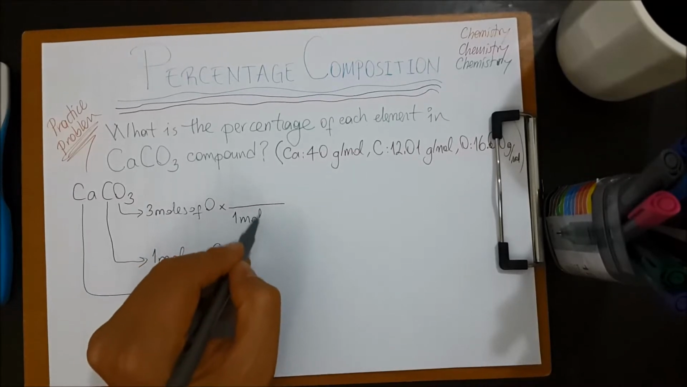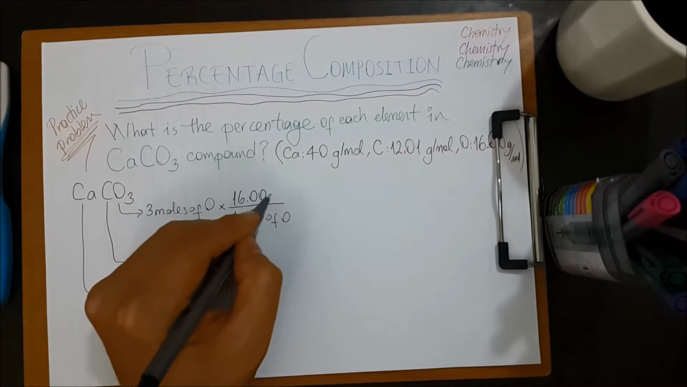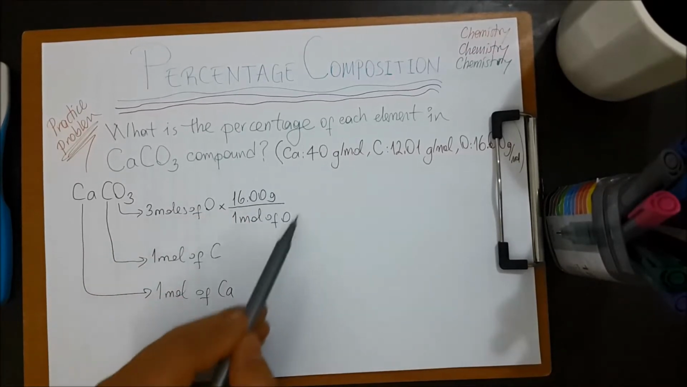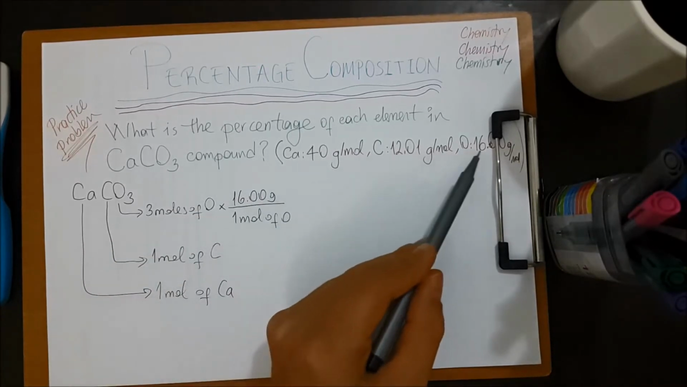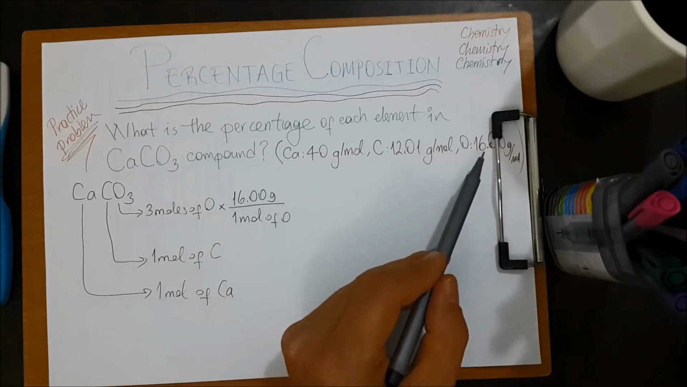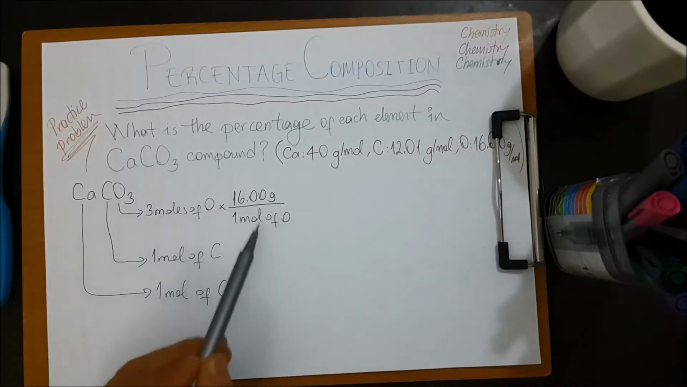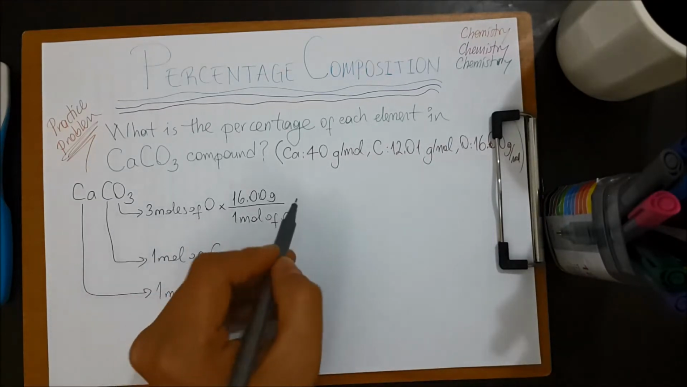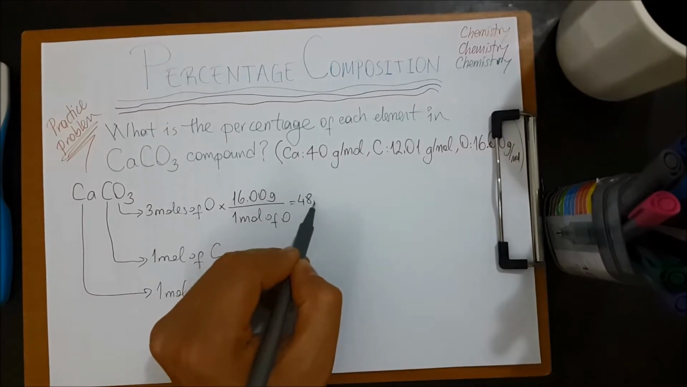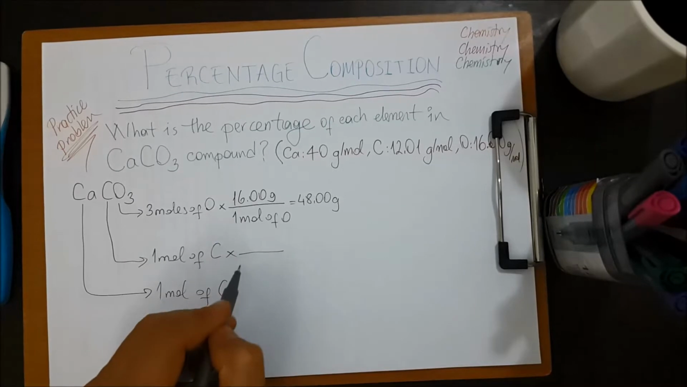1 mole of oxygen makes 16.00 grams. This is the molar mass of oxygen. It must be given in the question, or we must look it up in periodic table to find its molar mass. 1 mole of oxygen makes 16 grams. 3 moles of oxygen makes 48.00 grams. And 1 mole of carbon